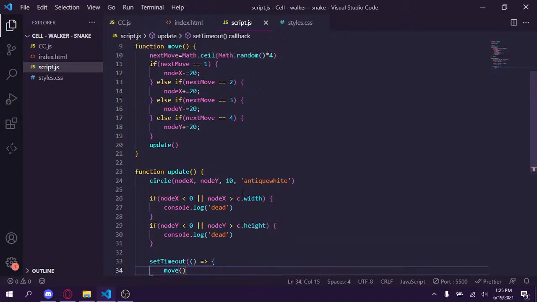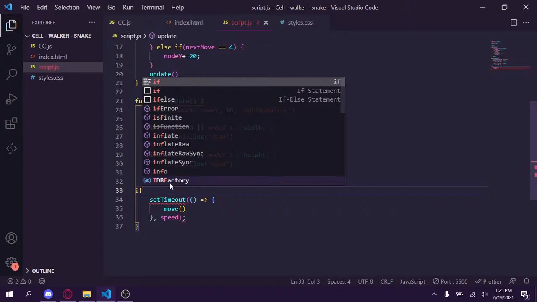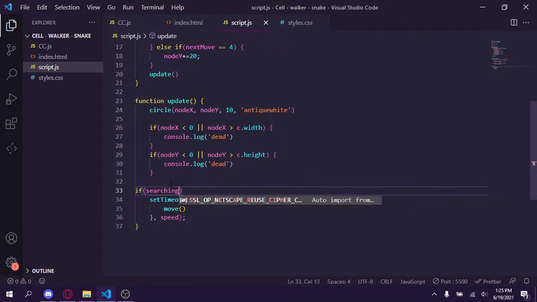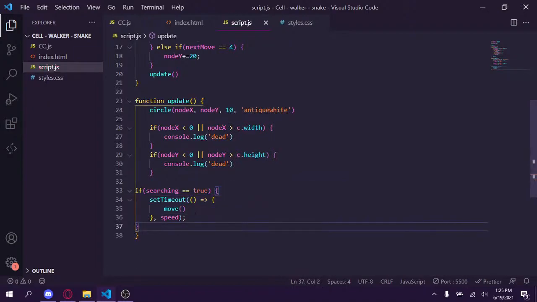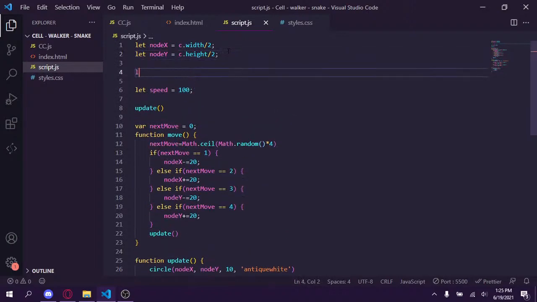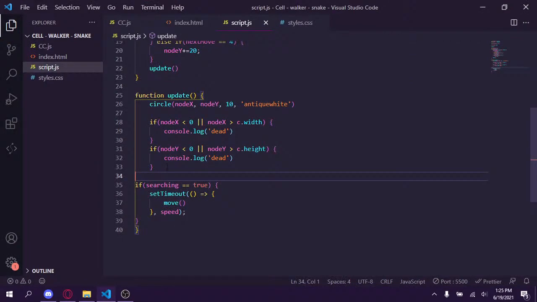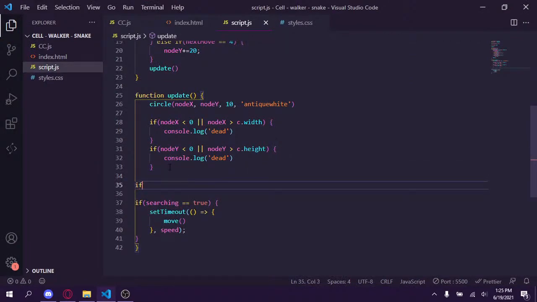Okay, so now I'm going to have this if searching is equal to true. I'm basically making an AI right now. So if searching is equal to true, let searching equal true. So it should still work. There we go. So now I need to have if food X is